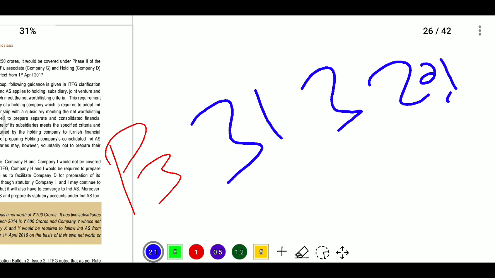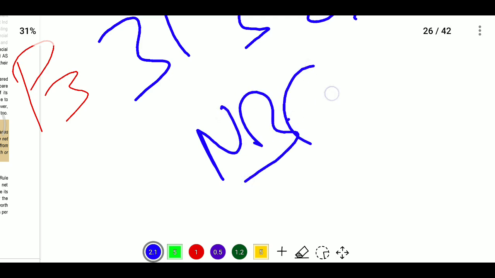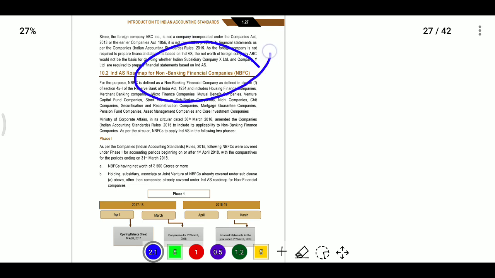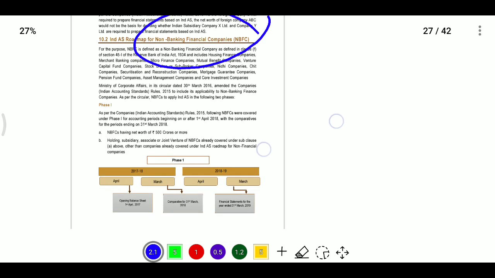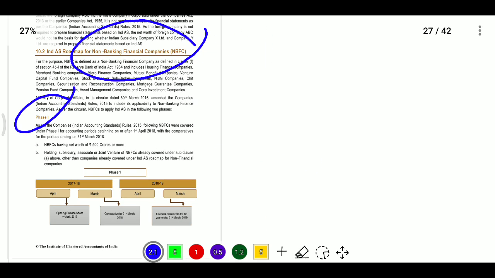Here the same for NBFCs also have a roadmap, NBFC 3 phases. So what is there in phase 1? Phase 1 will start from 1st April 2018, and here they say that all companies which are listed